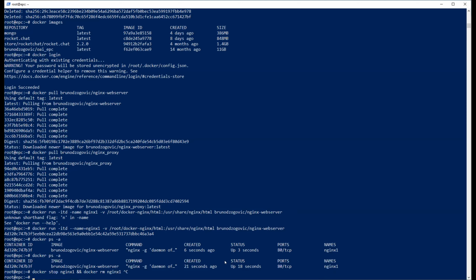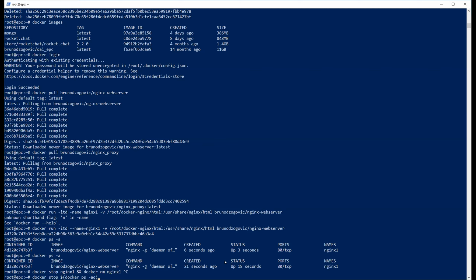There's another way we can remove all the containers. Do something like this: docker stop docker ps -aq. So what this does is it pipes in a command ps, which is listing all the containers and formatting them only by the ID.